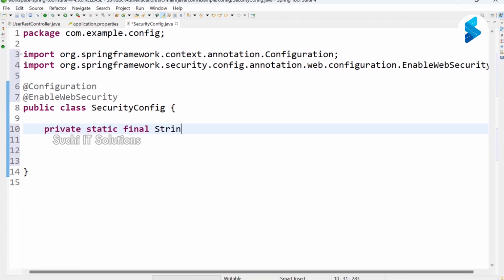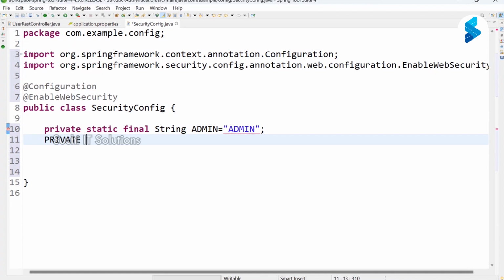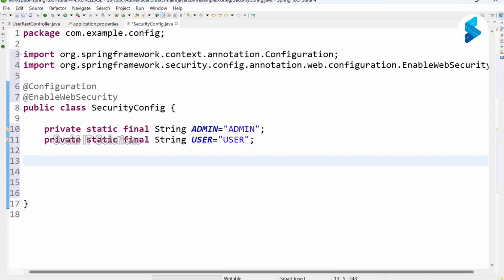static final string admin. Just I'm writing admin. Wait, private, private static final string user, right? Then user like this. Got it, sir? Now private